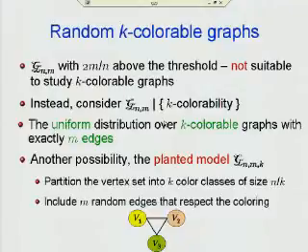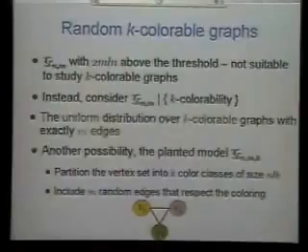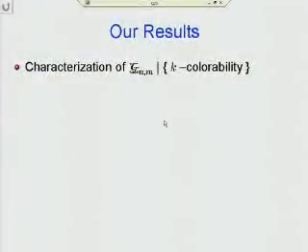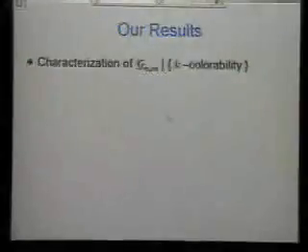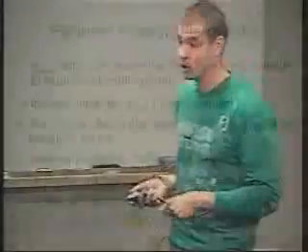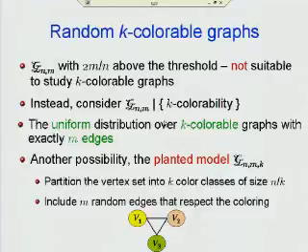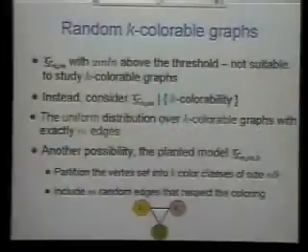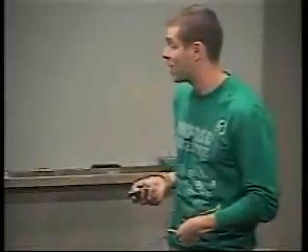Yes, of course. So in this work, we consider the uniform distribution. However, we will not abandon the planted one, as one of the techniques to analyze the uniform distribution will go through the planted distribution. So our results are basically to characterize this distribution. So what's the main difficulty with this distribution as opposed to this one? So this is actually G(n,p), right? So you exclude some edges, but then